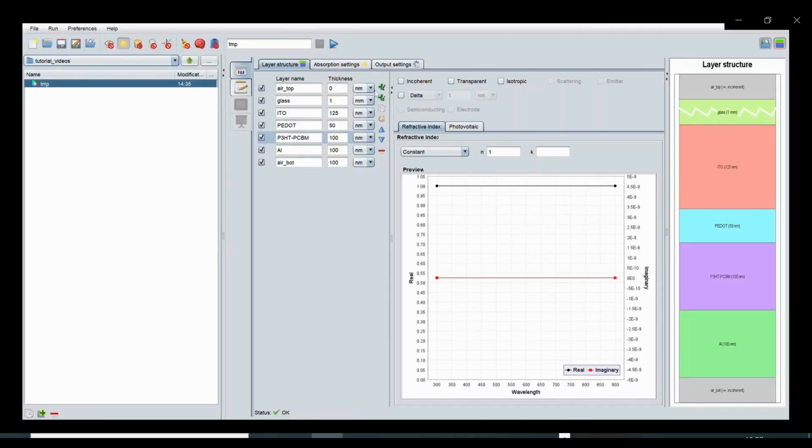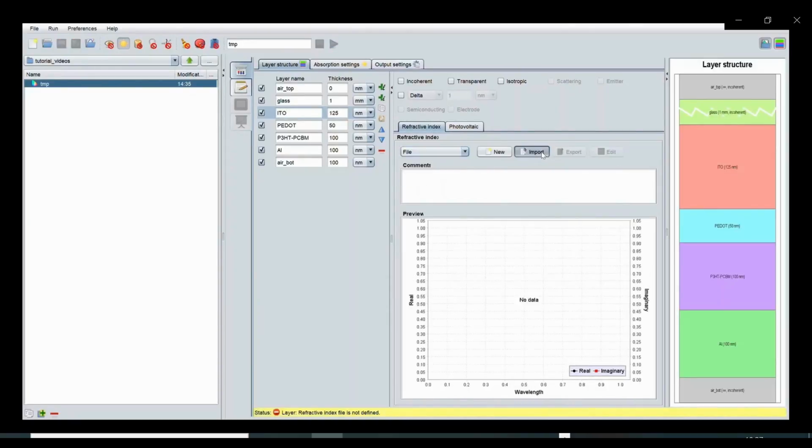The glass substrate is treated as incoherent, not absorbing, which is k equal to 0, and with a constant refractive index n equal to 1.5, that is the real part. All the other layers in the stack are coherent, which is default, and the optical constants are imported with proper consideration of the wavelength from NK files in the material database of SETFOS.